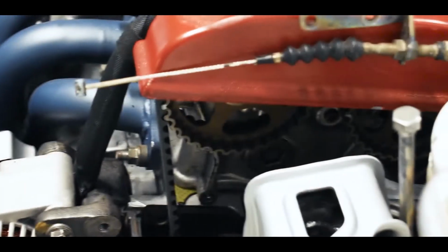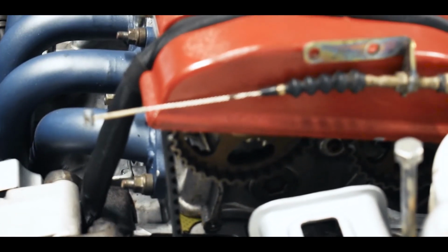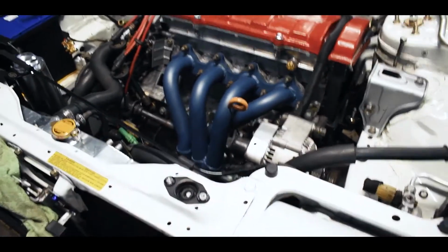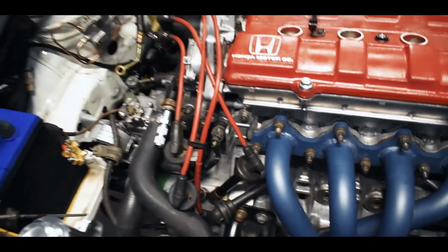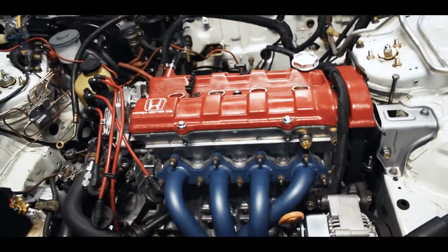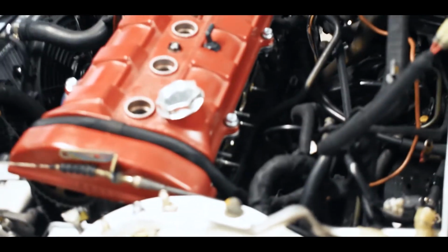They are there. Where are they? Oh no, I'm going the wrong way. There we go. Hello, cam wheel. So yeah, that's where we're at right now. What my plan is today is I'm just going to put my spark plug thingos back in. So this is done, and then I'll be reinstalling,